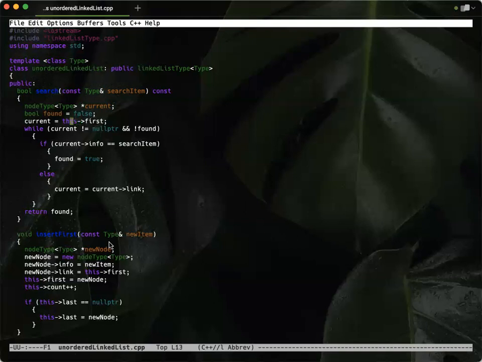This is just because our compiler is different, and I'm not 100% sure of the technical reasons, but I found that whenever they use first, last, or count, you have to prepend it with this and then the arrow, or dash greater than. So we're setting current equal to first, and while we're not at the end and found is false, which we set up here,